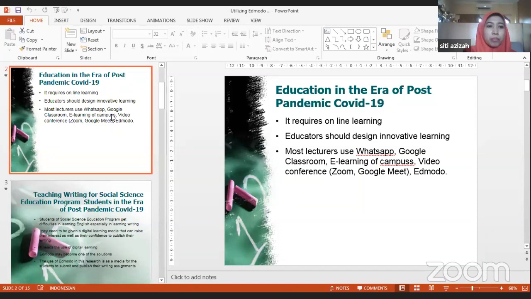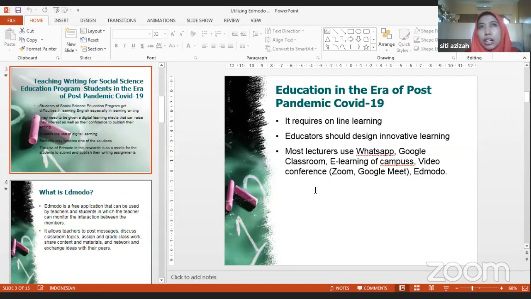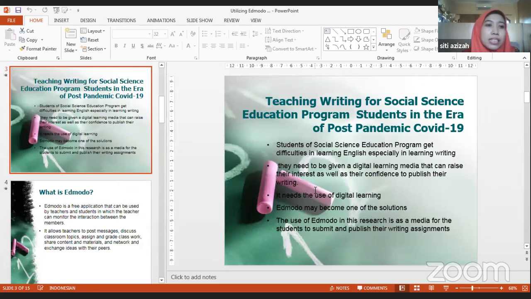And from the research results of Huria Rahma, most lecturers use WhatsApp, Google Classroom, campus e-learning, video conferencing, Zoom, Google Meet, and Edmodo. And last year, I conducted research using Edmodo to teach writing to non-English majors, and I focused on teaching writing since